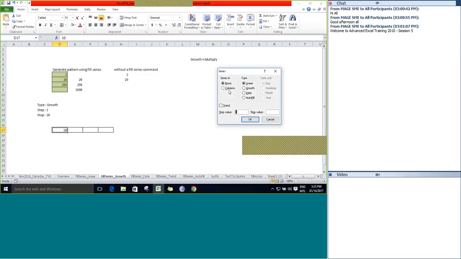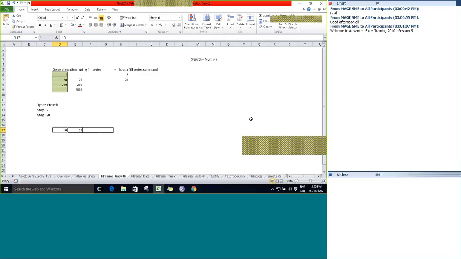Let's go with a single row, growth, provide the step value as 2 and the stop value as 20. Click OK. You can see the corresponding string is getting generated.